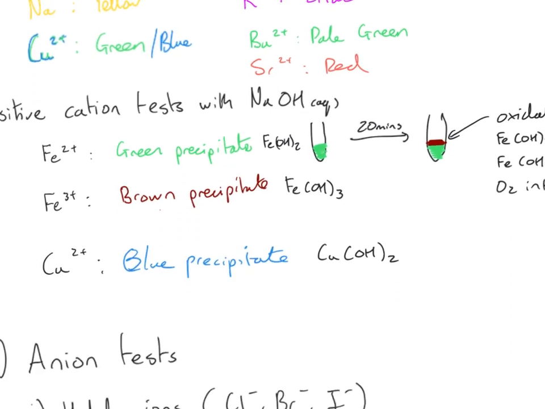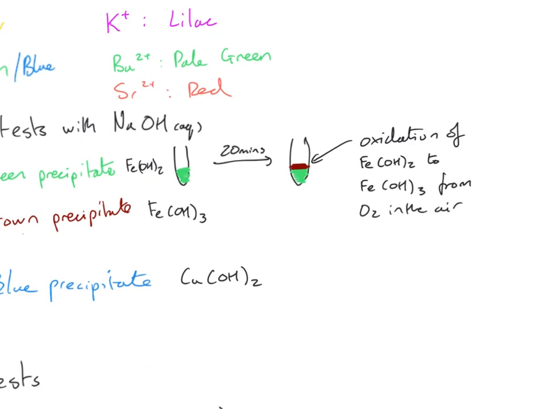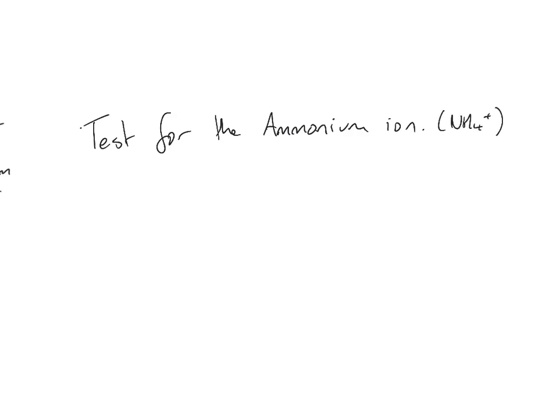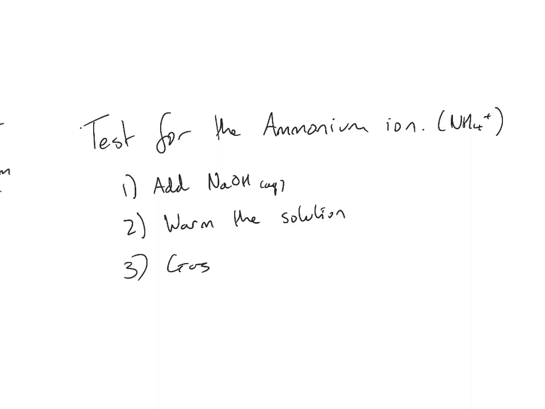There's also a final cation that you need to know the test for, and this is the odd one out because this is the only cation, the positive ion, which is not going to be a metal, and that is the test for the ammonium ion, which is NH4+. What you do for that is the first thing is you add NaOH, and then you warm the solution, and then the gas evolved